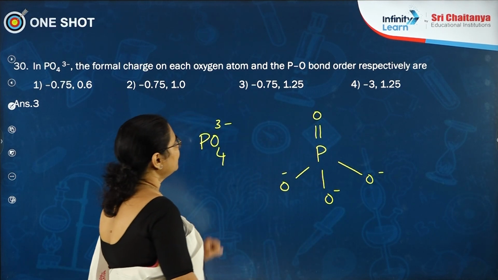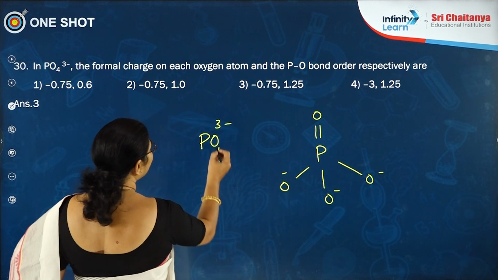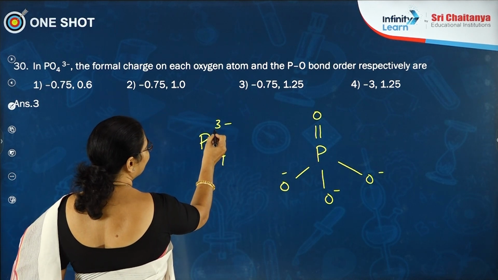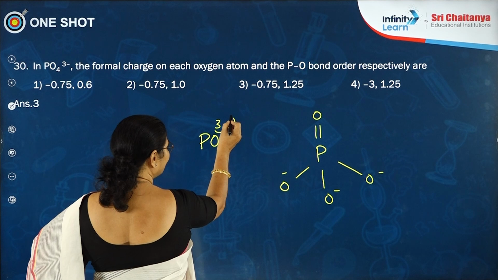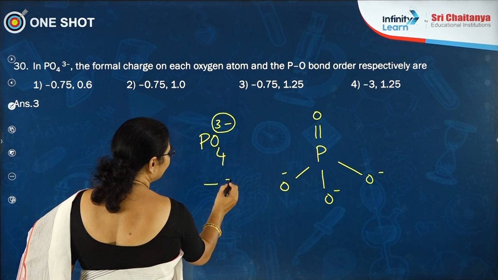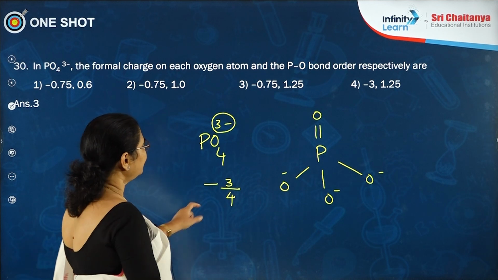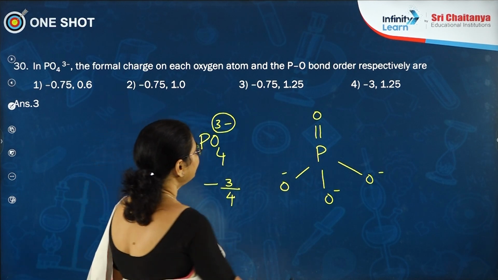So, if you take this compound, formal charge, here formal charge in the sense we will not use that normal formal charge formula, here we can use this method also. Total number of charges 3, 3 negative charges shared by 4 oxygen atoms. So, it becomes minus 3 by 4. And the next thing is